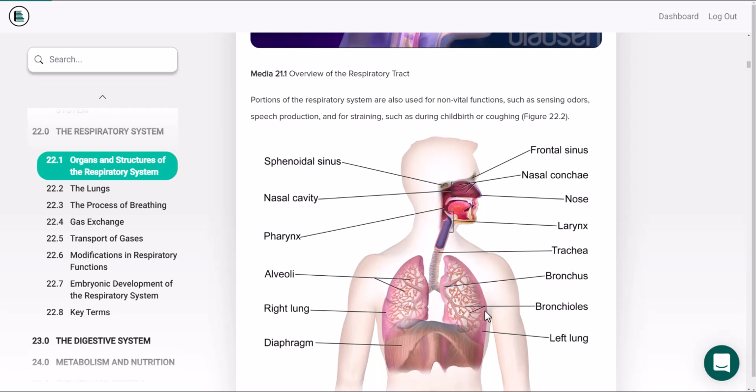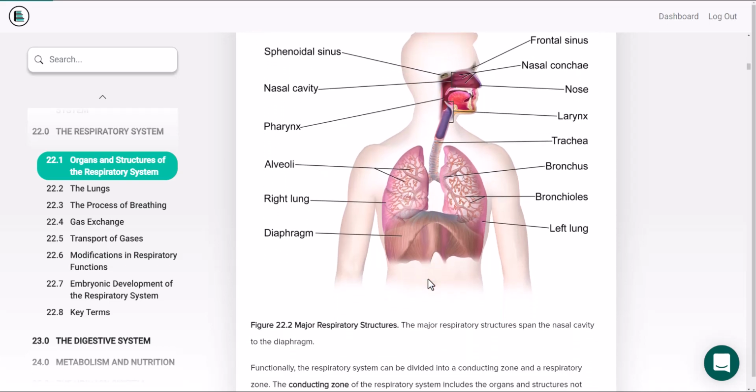We have a right and a left lung, and as you'll see, there is a significant difference in the two. The left lung, because it has to make room for the heart, is significantly smaller and only contains two main lobes, whereas the right lung, not having to make room for the heart, is larger and receives more air with every breath and is divided into three separate lobes. The diaphragm is the major muscle of respiration. The diaphragm is a skeletal muscle, a voluntary muscle, and it is the divider also between the thoracic cavity and the abdominal pelvic cavity. So let's take a closer look at the